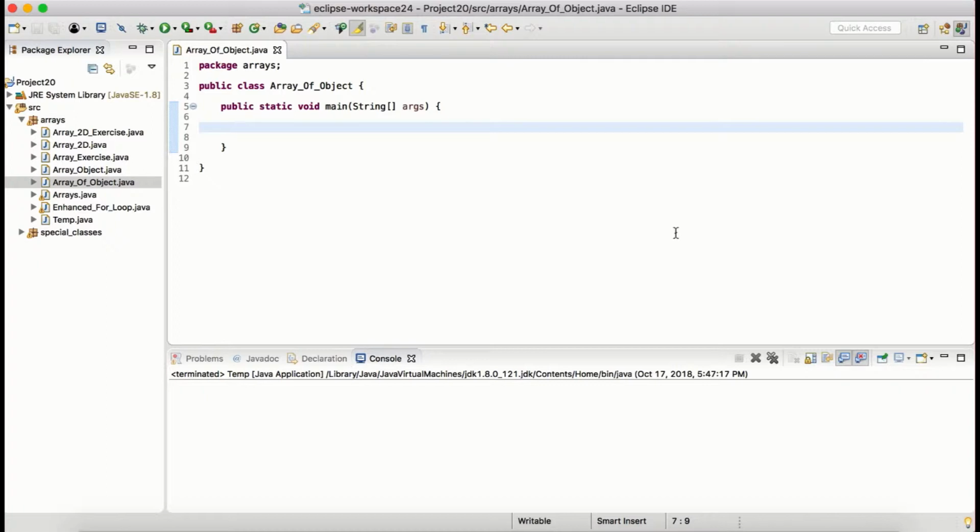But imagine a situation where we want to create an array which should be able to hold the values of various data. Now, how is that possible? It is possible when you create array of object, something like this. When we create array of object and then the symbol of array, let's give it some name, is equal to,